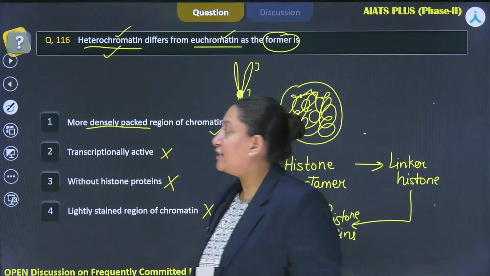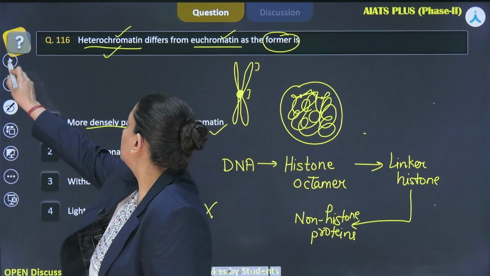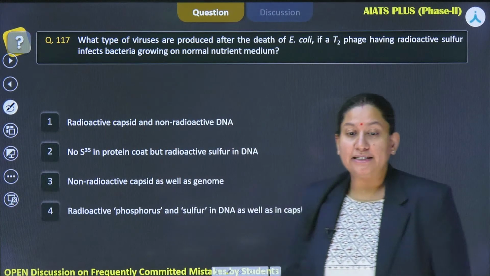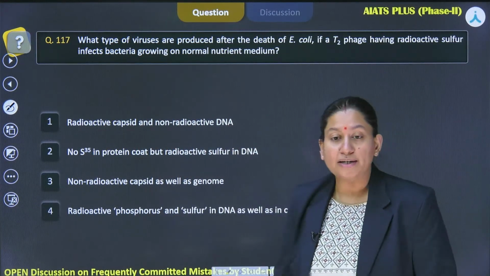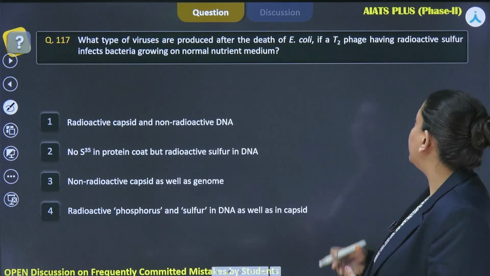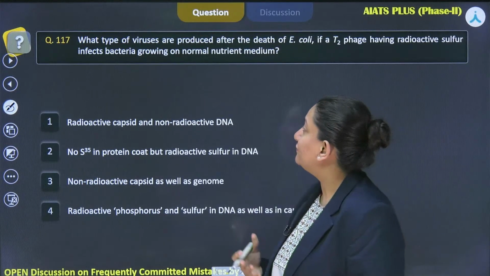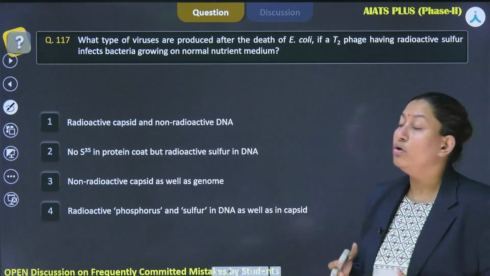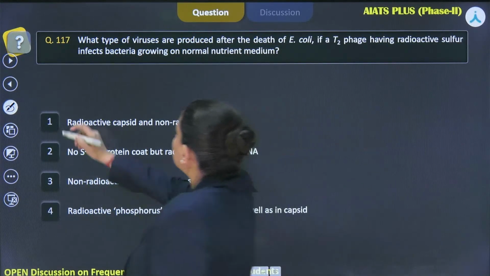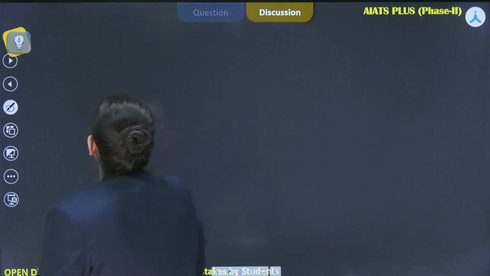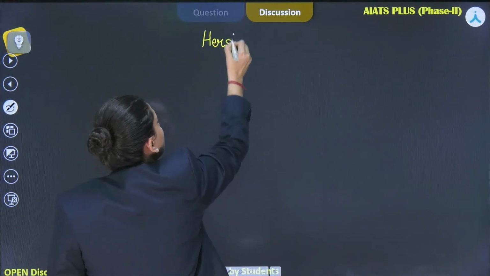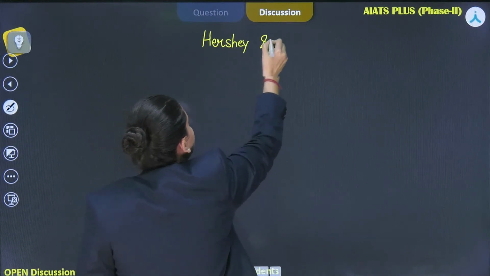All right, now let's move ahead to the next one, which is question number 117, which says that what type of viruses are produced after the death of E. coli if a T2 phage having radioactive sulfur infects bacteria growing on normal nutrient medium, right? Okay, so this particular experiment talks about the experiment conducted by Hershey and Chase,